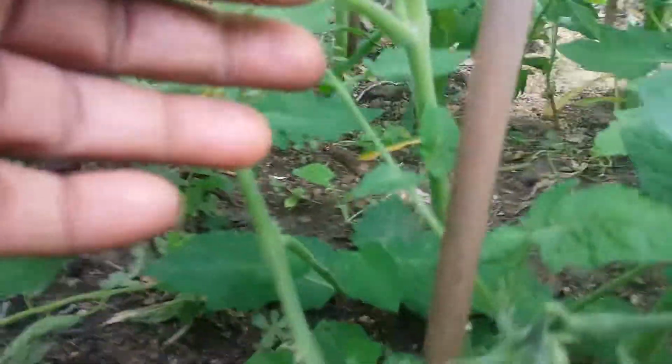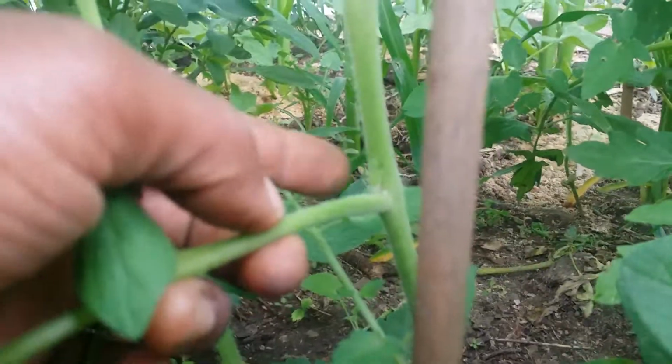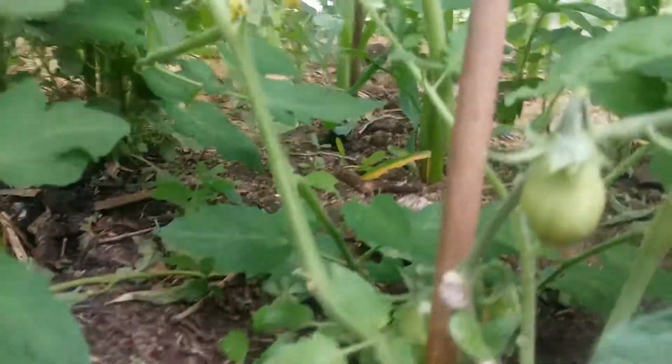So rather than pruning the suckers, let's see, here in the armpit of the plant, you see that tiny sucker coming right there. That is where you're going to get your tomato from, so you don't want to prune that. So what I do with all my bushy tomato plants is anything that falls below the point where the plant is blooming, like the first bloom from the plant up, anything below that, I tend to prune. And rather than taking the sucker, for example,